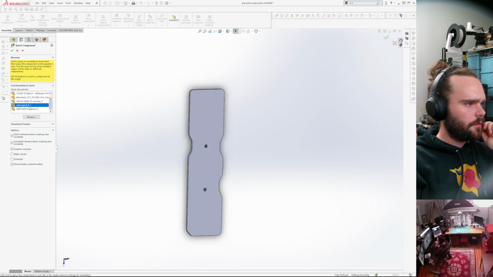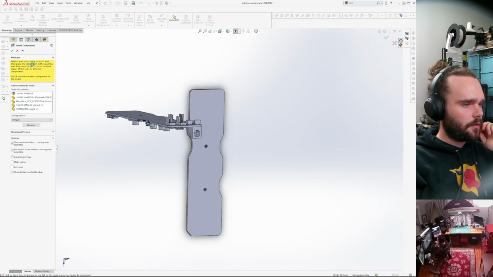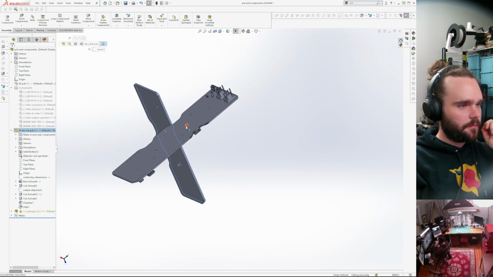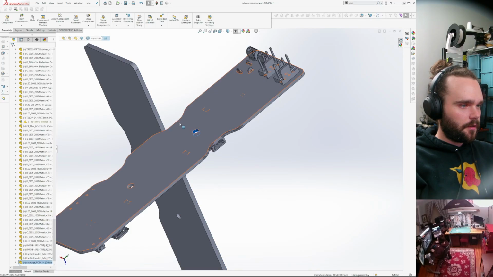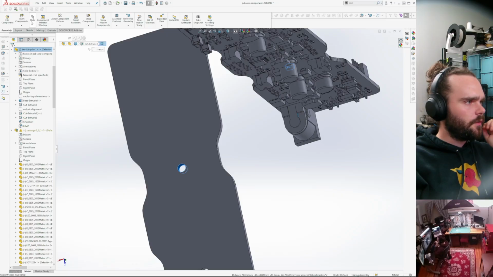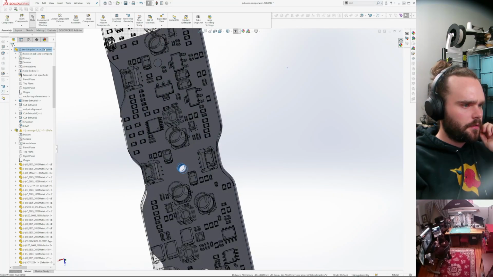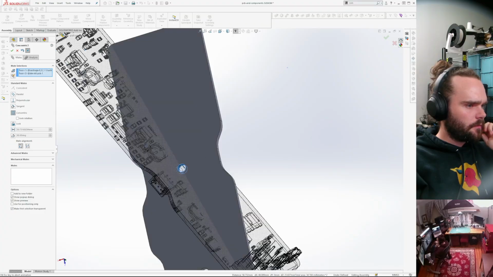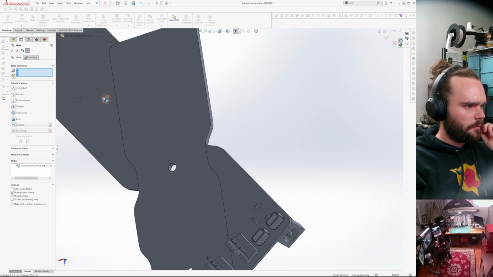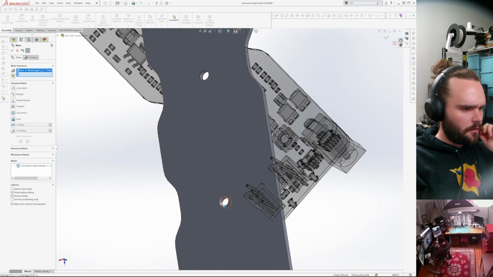Insert. Nice. So this was the template for the PCB, and then here is the actual PCB. So what we'll do is we'll mate this. It is the wrong way. Step.